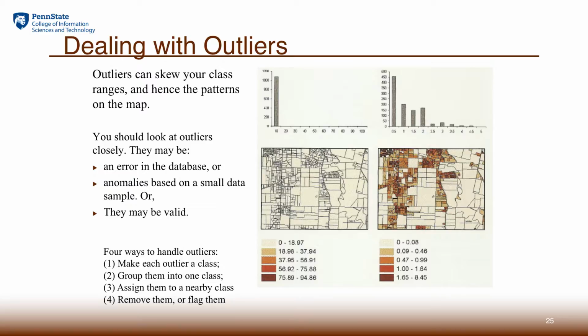Instead, if we remove that extreme value, we're going to see that the features are actually well distributed over the lower end of the values. So the histogram on the right shows the pattern of distribution much better. Correspondingly, you see the map on the left basically shows no pattern, but the map on the right shows clearly there are some patterns of highs and lows. So that demonstrates the effect of the outliers on classification.